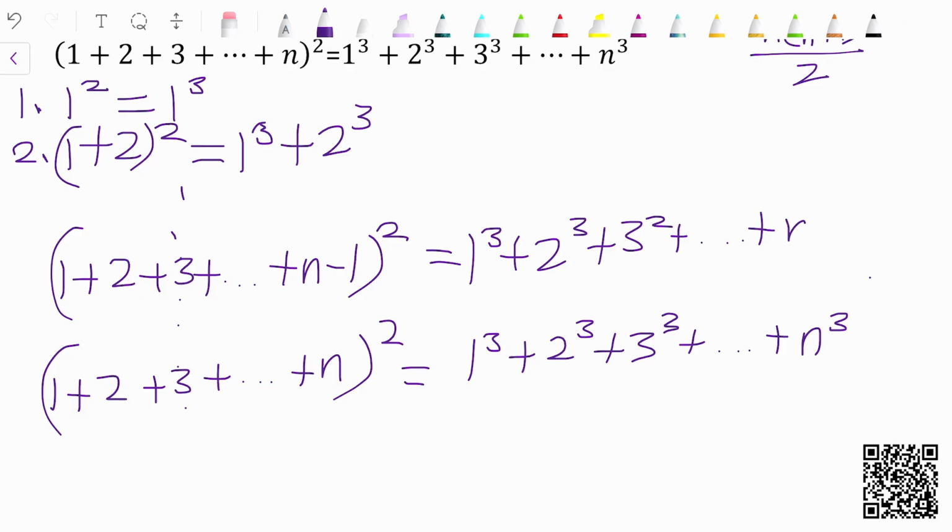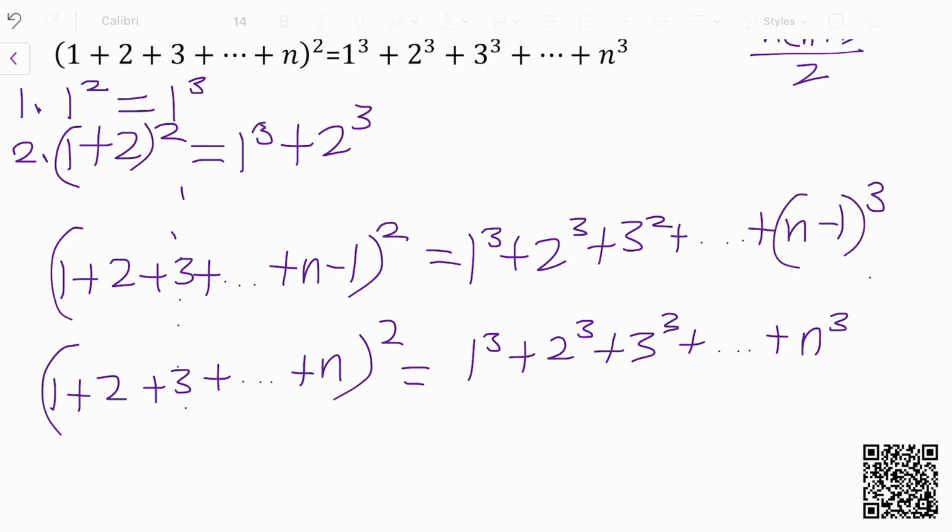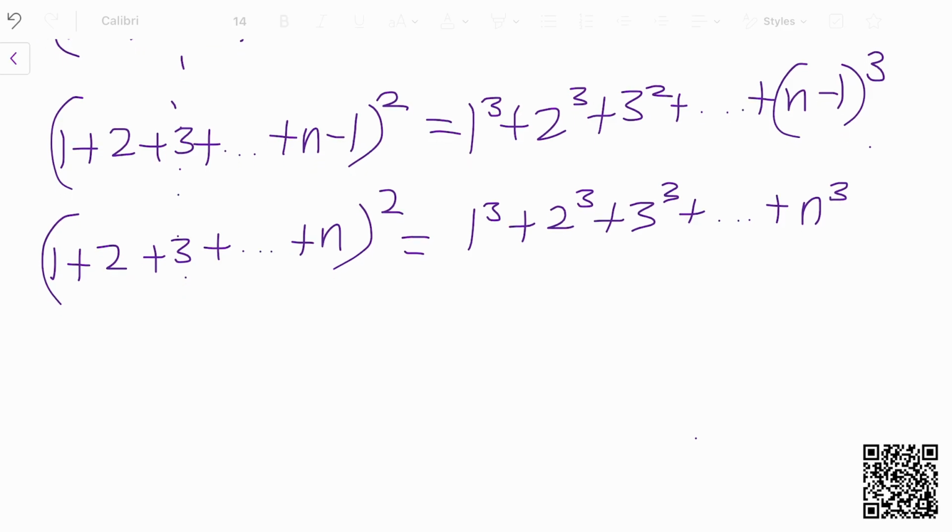plus n minus 1 cubed. And you might ask, Lon, this is stupid. Why are you doing this? And why are you backtracking instead of going forward? Well, the thing is, in both of these equations, since we're saying that they're equal currently, just try to see